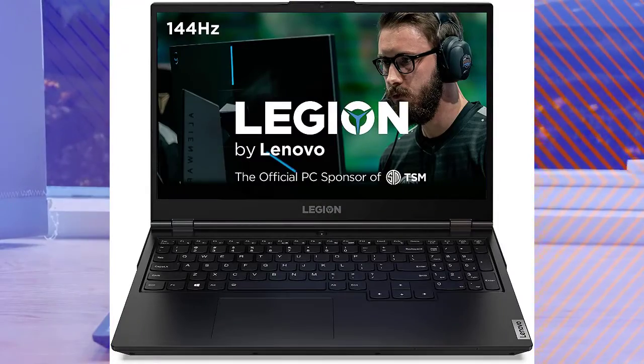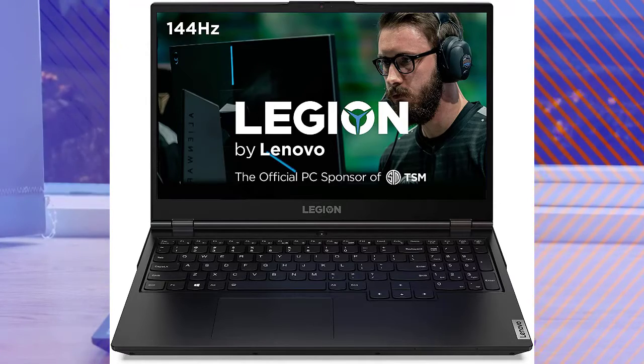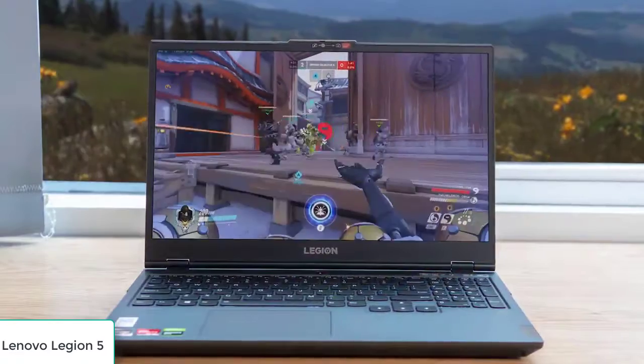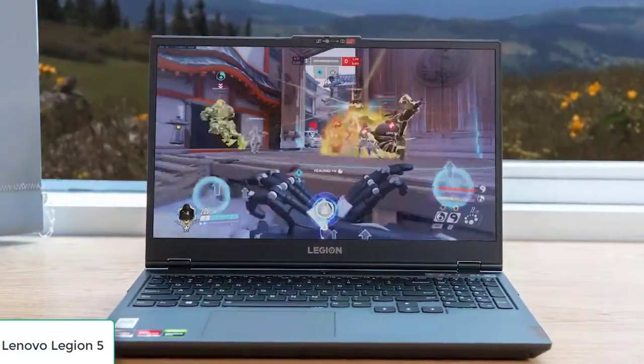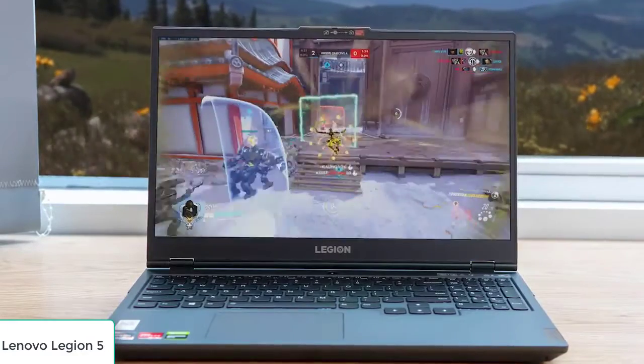The second product on our list is the Lenovo Legion 5. This is a great value per dollar option. If you're looking for a little more performance bump from the Dell, the Lenovo Legion 5 is a value-driven gaming laptop with a stylish and minimalist design, unlike its flashier counterparts, and definitely brings a lot to the gaming table